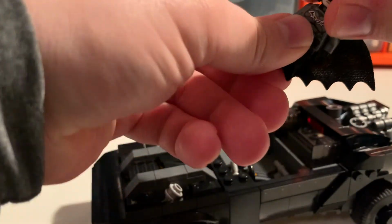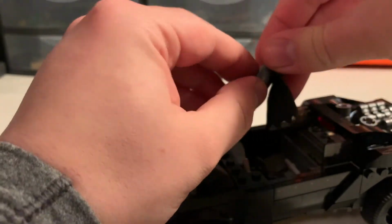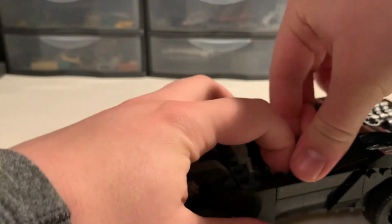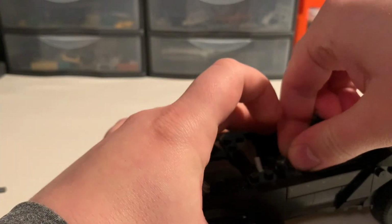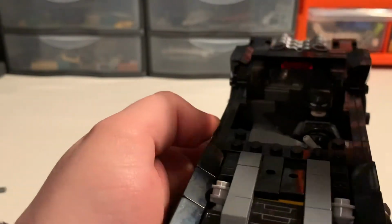I'll just show you Batman sitting inside the car. Obviously, this is the swapped out cowl, but the other one works just as well. Just have to pop his hands up. He does have to sit back ever so slightly, but there's no problem there because the back behind the seat is just some curved slopes. Just tuck his cape away, pop that on,